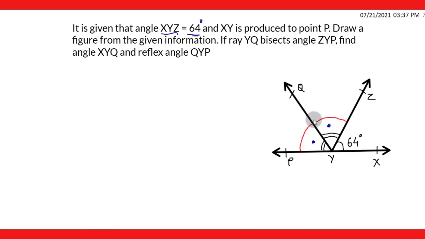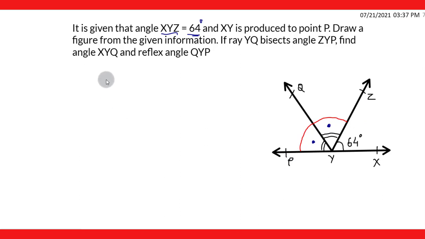So this is the total angle, that is 180 degrees, because it forms a linear pair. So 64 plus this angle will form a linear pair, and a linear pair's total is 180 degrees. So we can write that angle XYZ plus angle ZYP is equal to 180 degrees, and from that you will get this angle ZYP. If you divide it into 2 equal parts, you will get this angle as well as this angle. So first we will find angle ZYP.